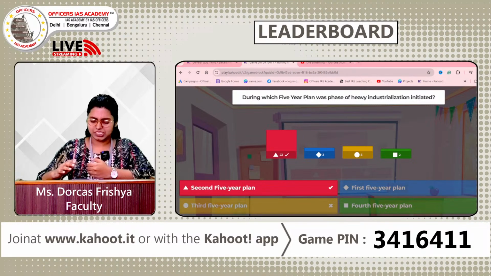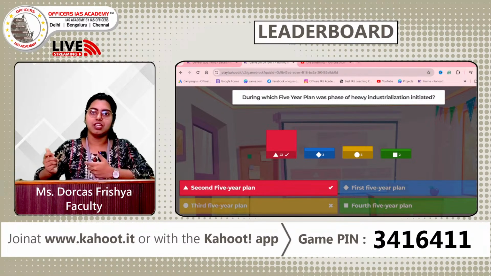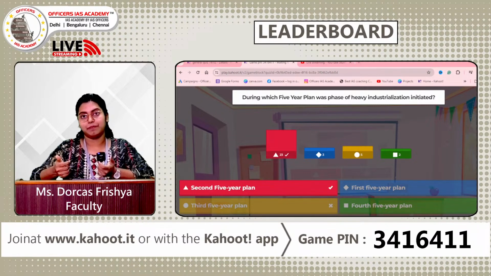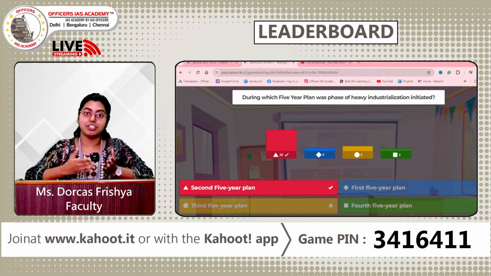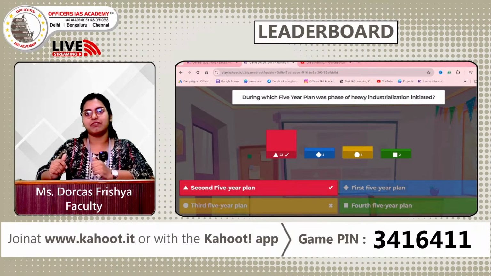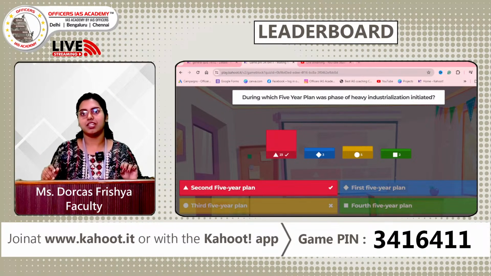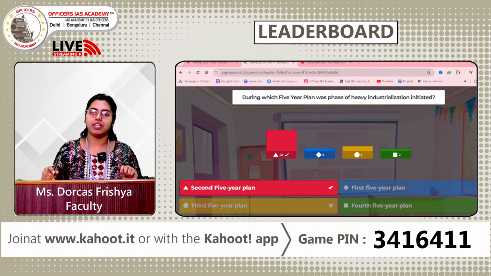And heavy industries were introduced. Actually, that is also written in your question only. Heavy industrialization initiated. It clearly states that they brought in industries and encouraged the manufacturing sector. Our country focused on the agricultural sector, but it's a question mark whether it really advanced the manufacturing sector or not. So mainly we focused on industries at this particular point in our history. That shaped our Indian economy, because that was the time when steel industries were introduced, and that created a great revolution in the Indian economy.